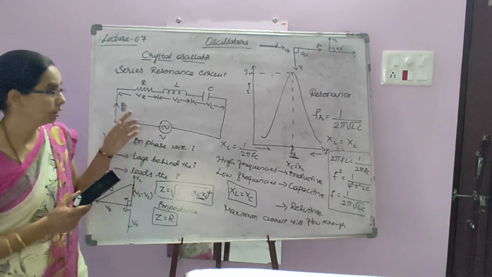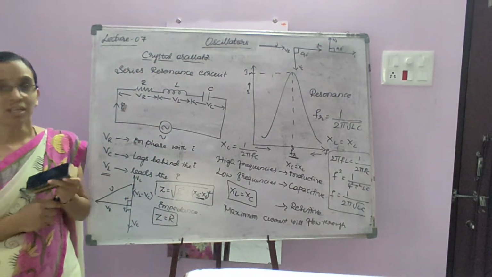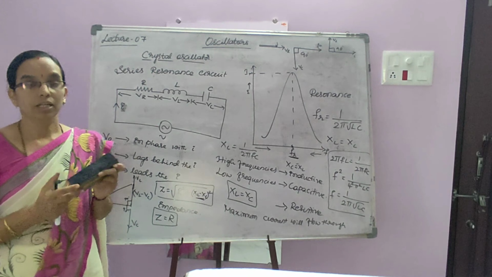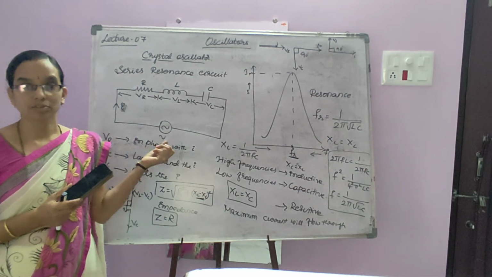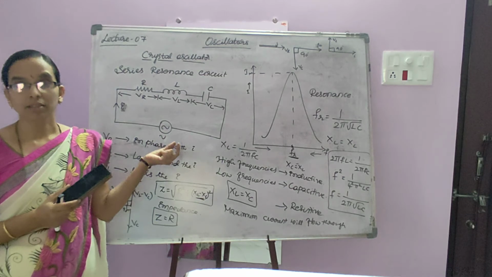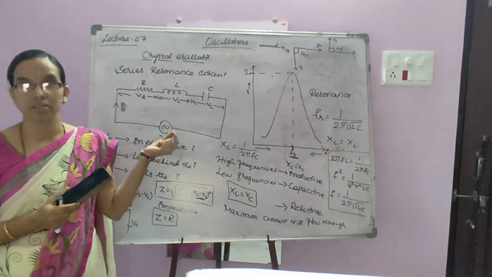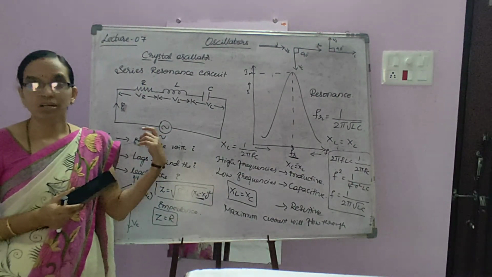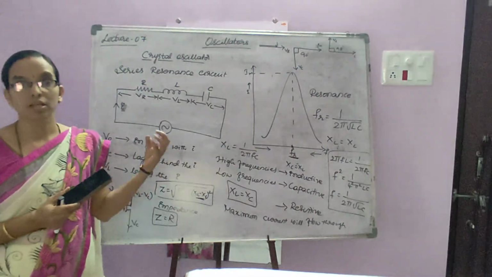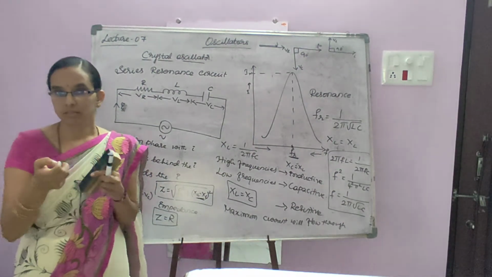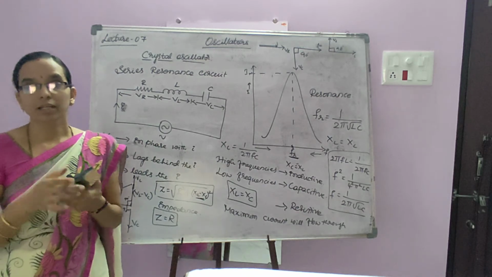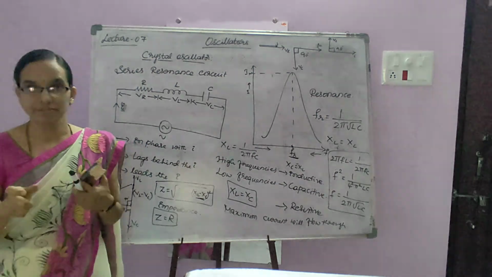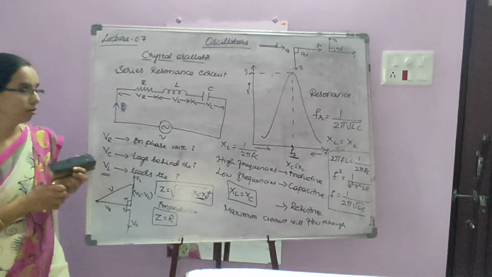Okay, so this circuit is used in many tuned circuits for frequency selection. It will select those frequencies only when the current is maximum, that is at the resonant frequency. It will select the particular resonant frequency for any receiver or transmitter circuit. If you are using a TV remote and changing the channels, at that time you just press the button, and selecting a particular frequency is done by the tuned circuits. Okay.